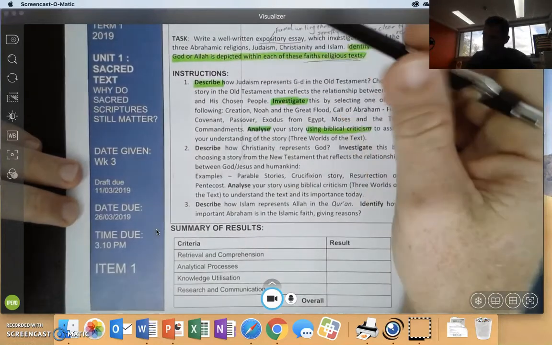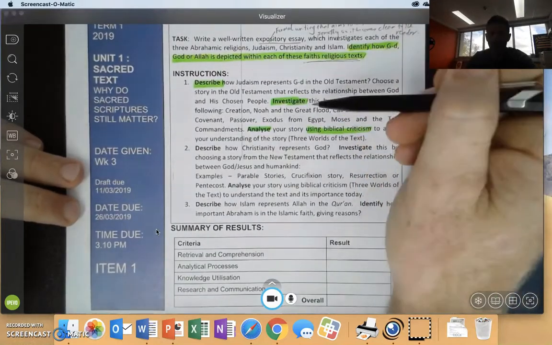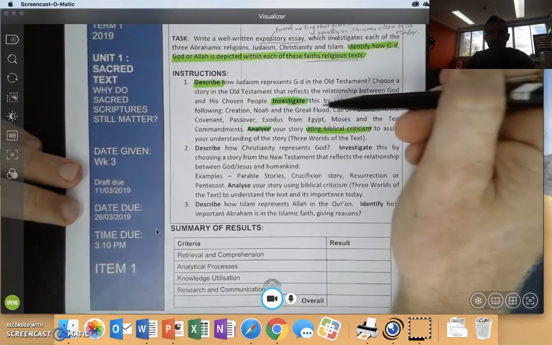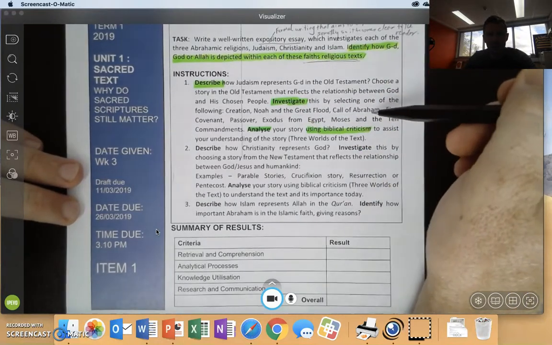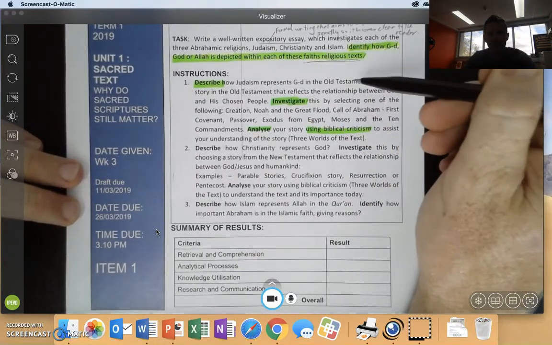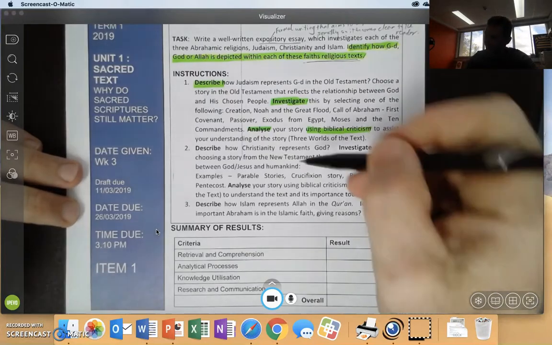So describe how Judaism represents God. Investigate it by selecting one of the stories and analyze the story using biblical criticism, specifically the three worlds of the text. That's the first section. The second section,